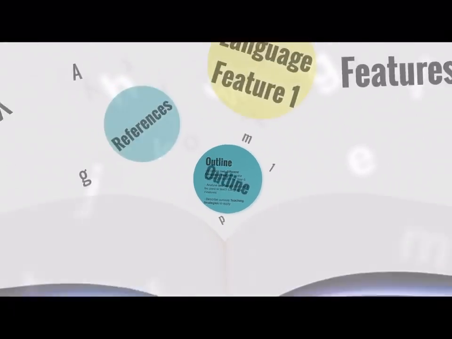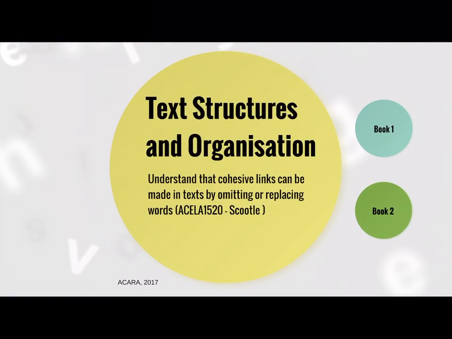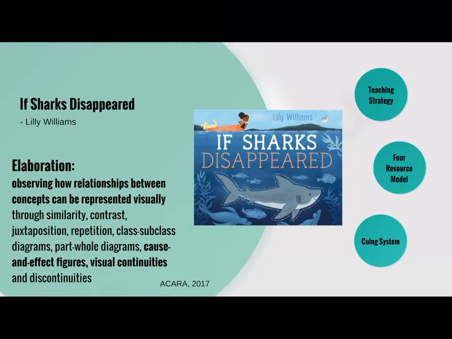The first language feature that we will be examining relates to text structure and organization. The content descriptor reads, "Understand that cohesive links can be made in texts by omitting or replacing words." The first book we will be looking at is called If Sharks Disappeared and was written by Lily Williams in